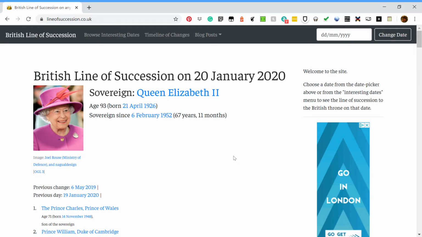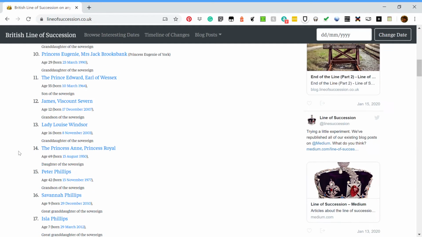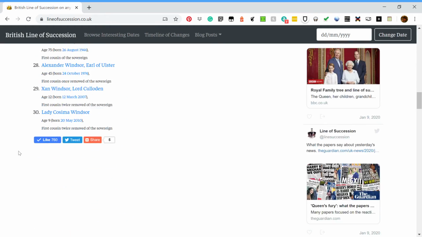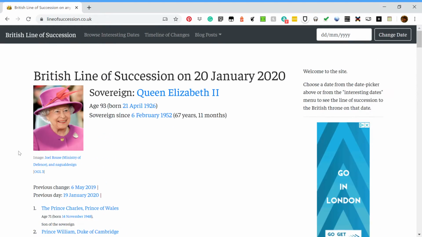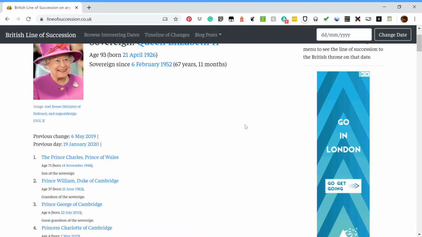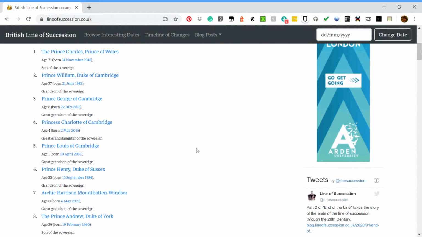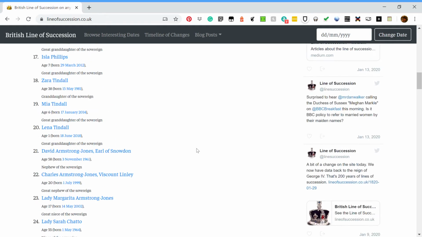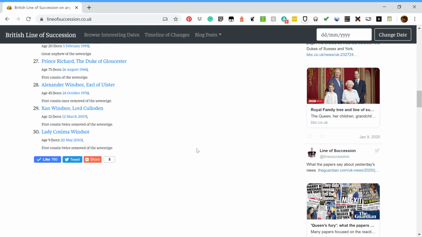So to start off, this is the page you'll see when you first visit lineofsuccession.co.uk. It contains a list of the line of succession, or at least the first 30 names on the line of succession on the current date when you visit the site. So I'm making this video on the 20th of January, and this is the top 20 names in the line of succession on this date, all the way from Prince Charles at the top down to Lady Cosima Windsor at